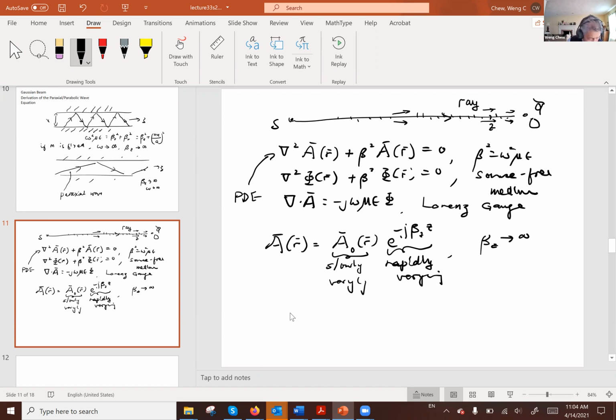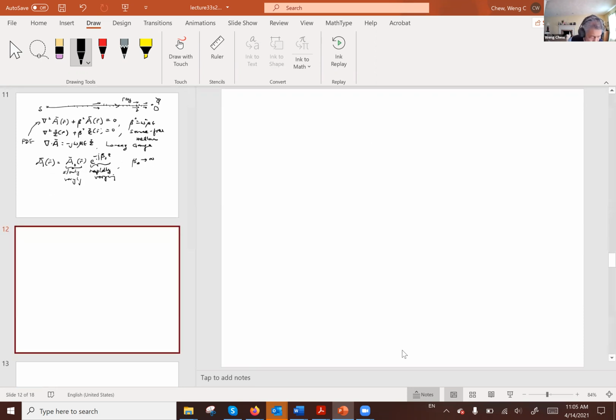Okay, we are going to assume that we have a simple x component only, we just observe the x component of this vector potential, and that it consists of a slowly varying term,